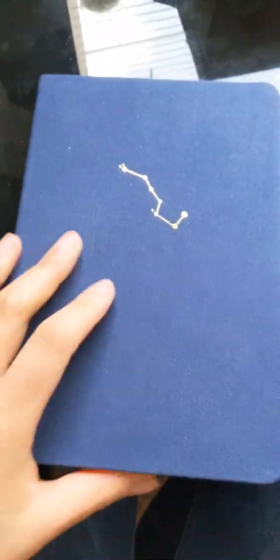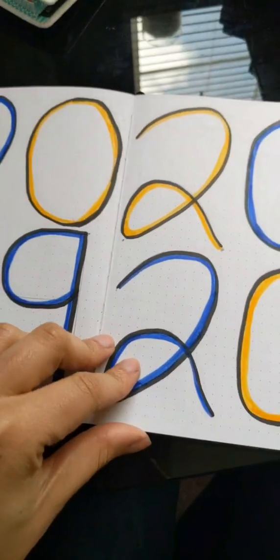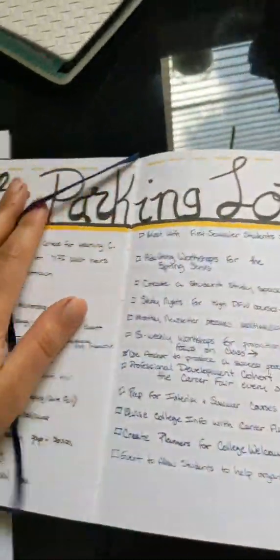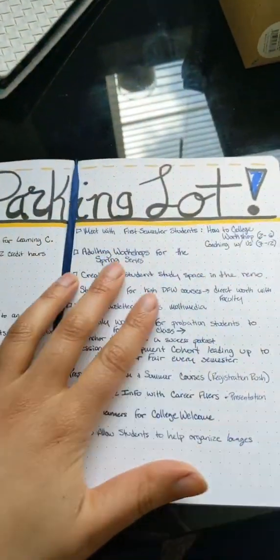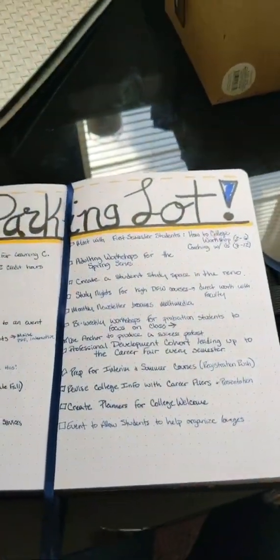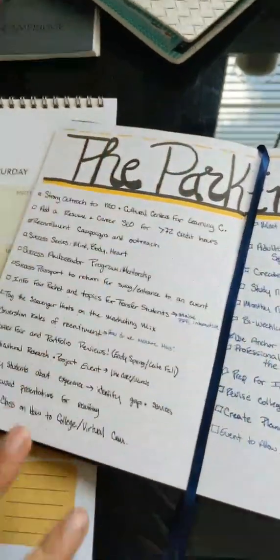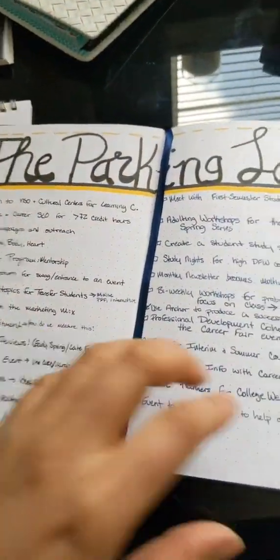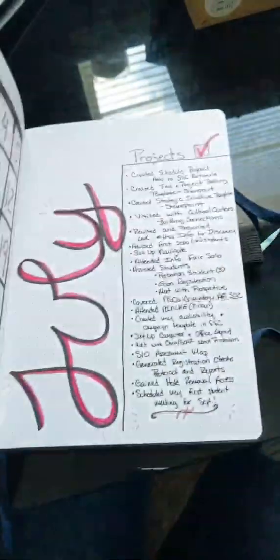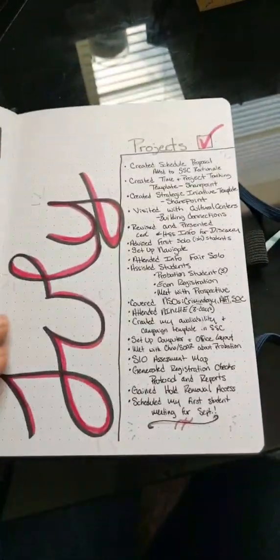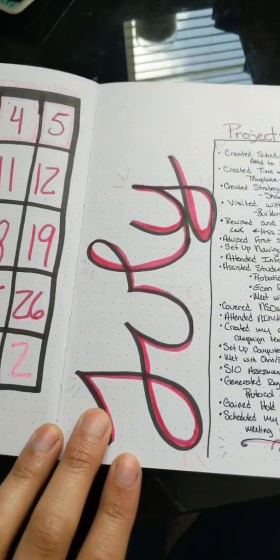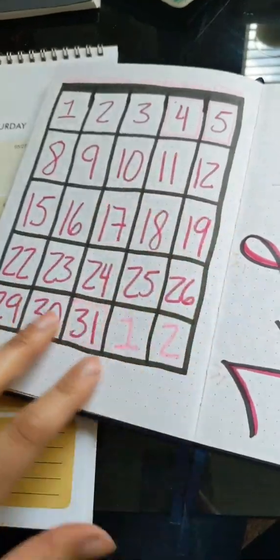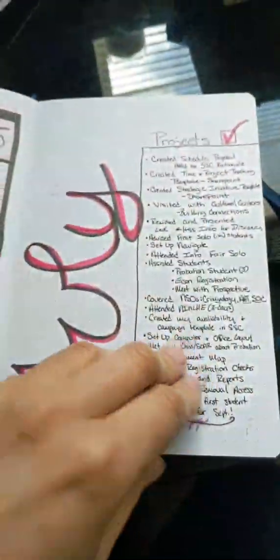Now this one is more of the work one, right? Just doing a little decorating, key things. I have a big parking lot idea, which I thought was kind of fun. Sometimes at the beginning of a new month, I'll go through and say, okay, what can I pull over as a monthly goal from this parking lot? That way things actually get done. This one I switch up a little bit more, but again, I keep it simple because I cannot handle doing too much. So I got the month, name, projects I've been working on,